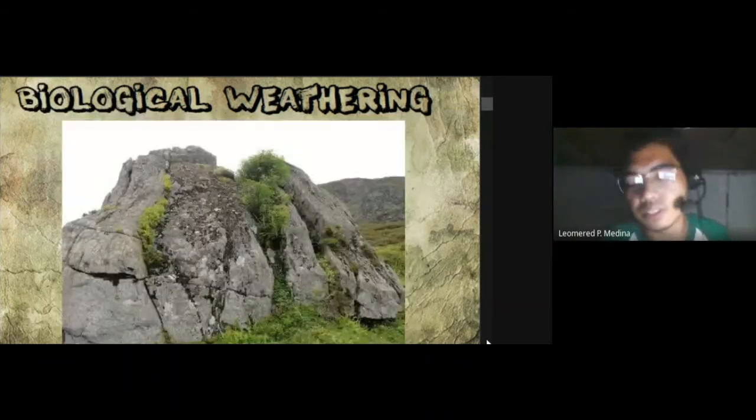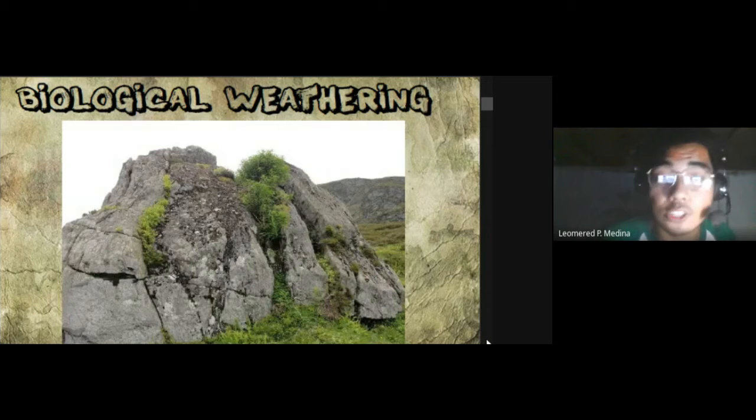So, other than the presence of mechanical weathering, there's also the presence of biological weathering. Biological weathering now involves the presence of different organisms. The most common type of organisms which can aid in weathering are known as the plants. The plants are using these different types of rocks to be their substrate. And once the roots of these plants penetrate the rocks, they can actually disintegrate these materials. So the different roots that are present in these plants can actually